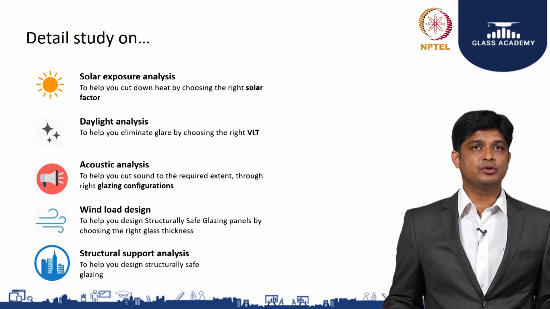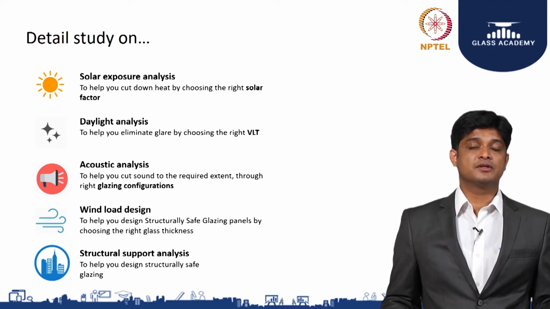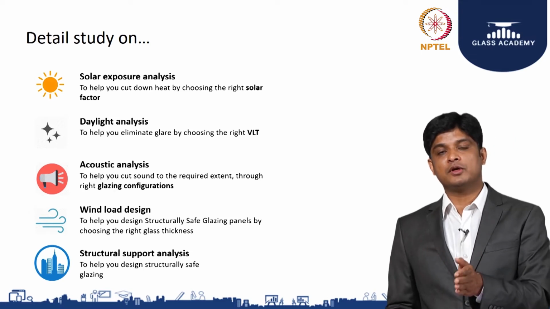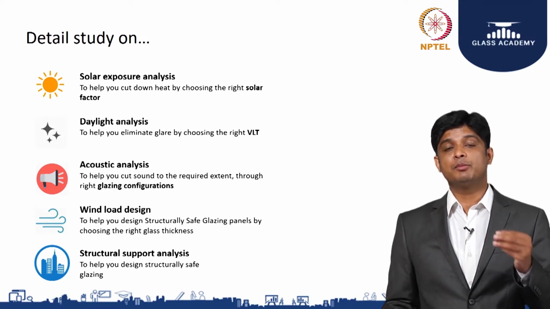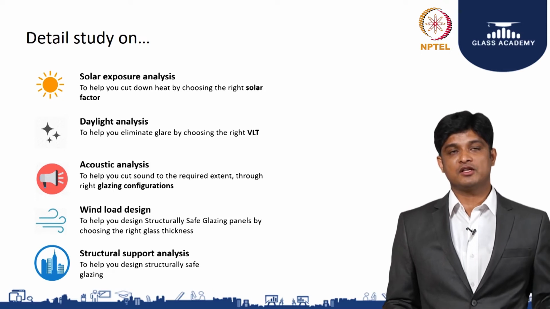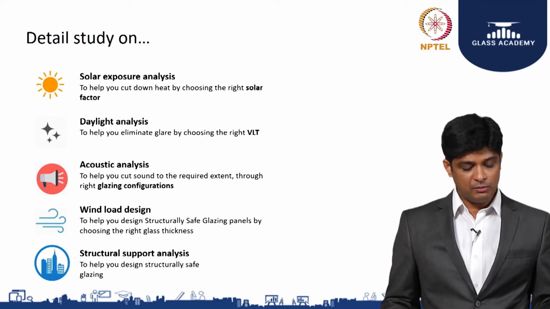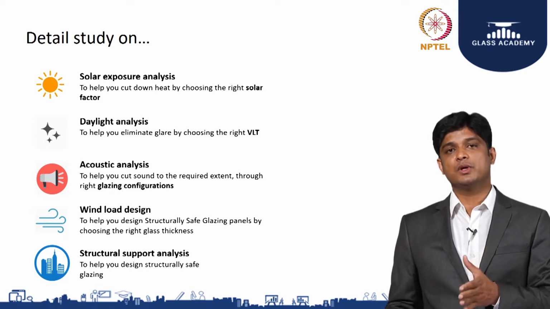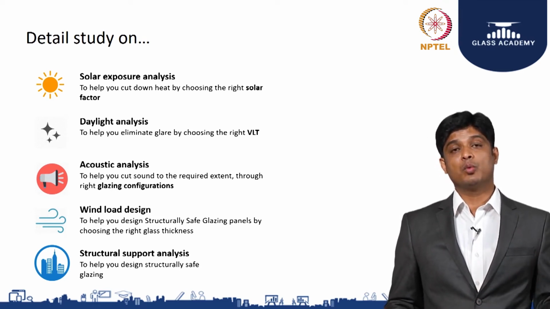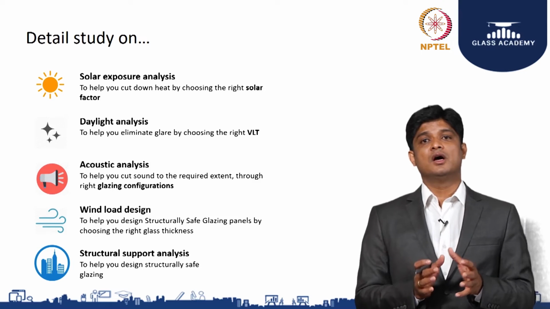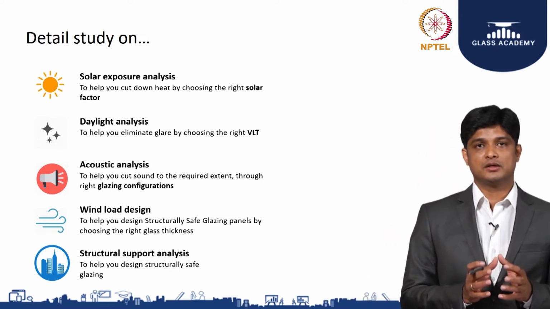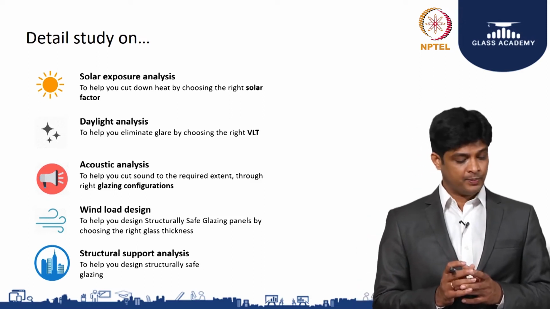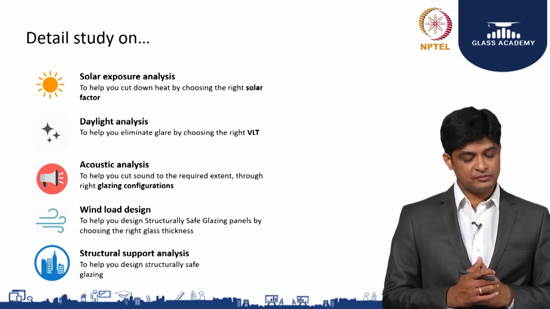Then you can get into the daylighting analysis, which very clearly helps you understand what percentage of light you need for the particular floor plate or for the particular window wall ratio. This will help give a comfortable light transmission into the building. The third one can be your acoustic analysis, where based on the source versus what you want to achieve inside, you can clearly understand how many dB you want to cut or reduce from the outside source to the inside comfort level.